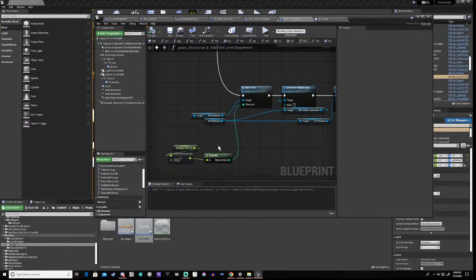Get distance to portal divided by 30. So basically this number here. So what we're going to do